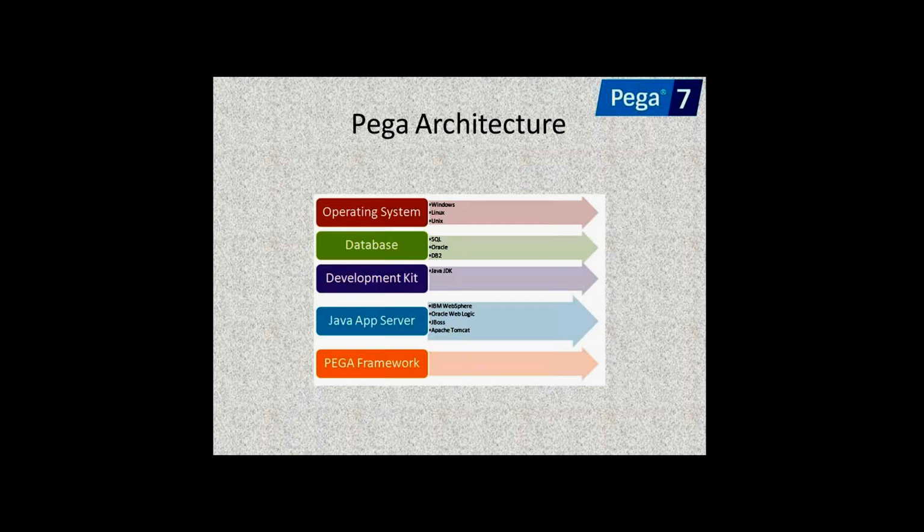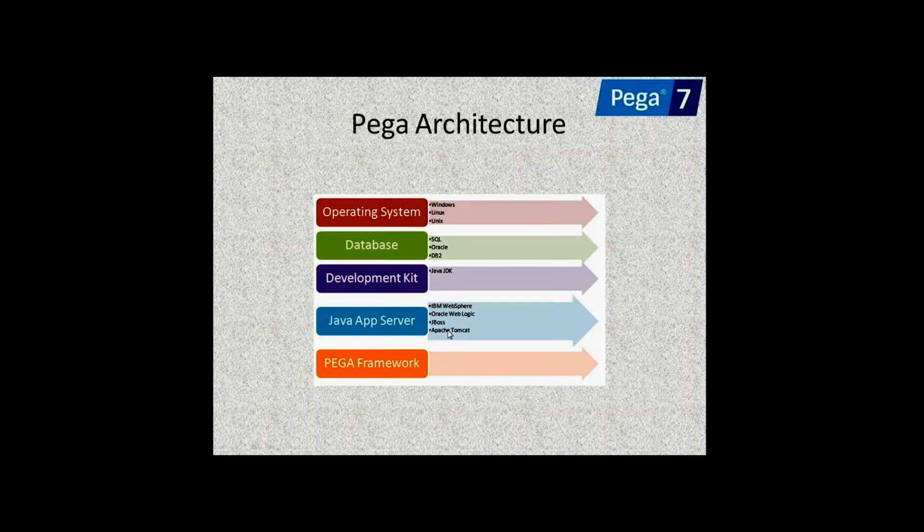Along with the Pega software, it will install the Java JDK also. Under that development kit we'll be working, automatically. Everything in the backend is Pega. The total Pega tool is designed using Java. And I want to tell you one thing: Pega 7 is designed using Pega only. I will show the tool. They commonly use Java also in some places, but most of the part, 80%, is designed using Pega only.